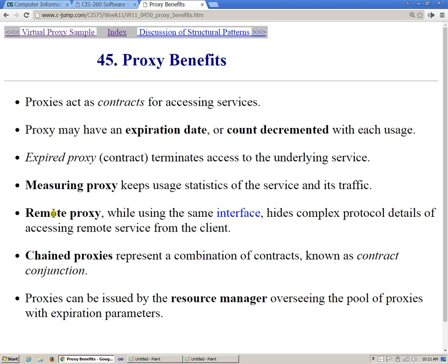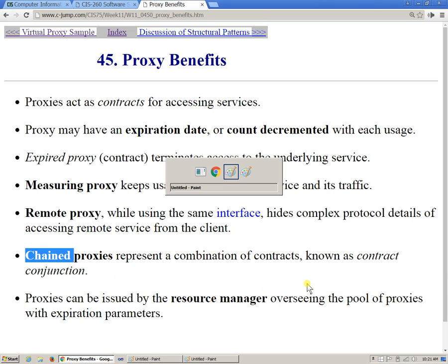Remote proxies, we already mentioned those. They use the same interface, however, they hide the complex protocol details of accessing a remote service between the client and the server. Chain proxies, right? So we can have, for instance, over here, we could further